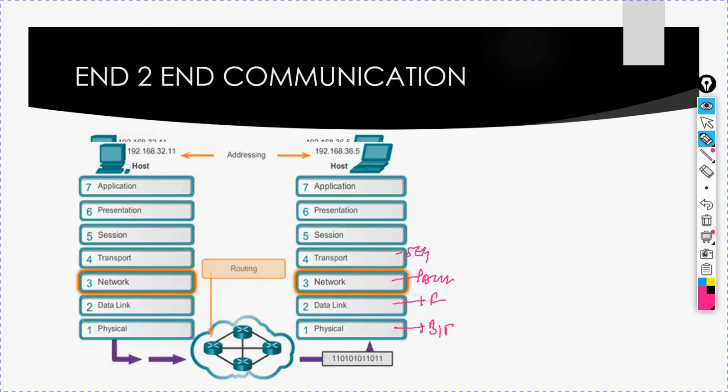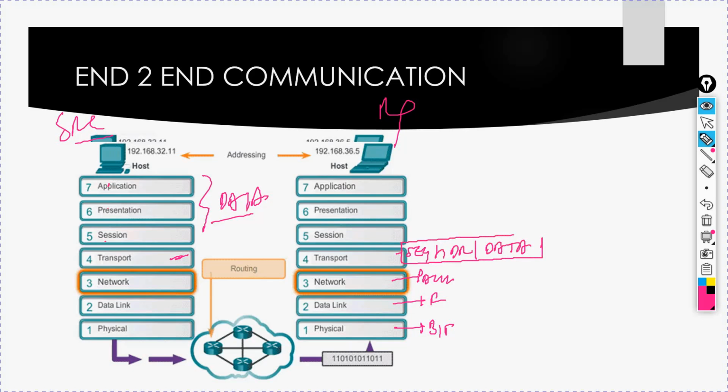Let's suppose this is the source or sender and this is the receiver. If you are forwarding some data, the top three layers we call data. As this data reaches the transport layer, the segment header will be added to this data. Now as it reaches the network layer, the packet header will be added in front of the segment header and data.